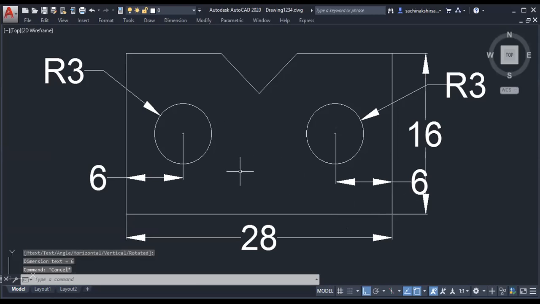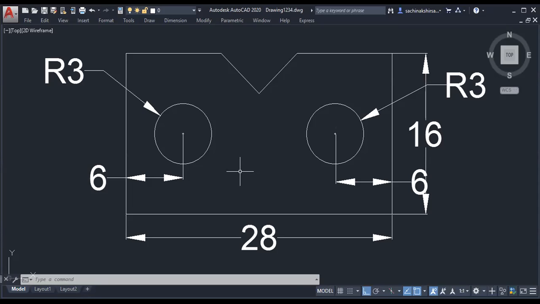Something like this, many more dimensions you can do. Are you observing? So likewise you can complete any drawing. How many toolbars are used while completing this particular 2D drawing? Firstly, what did we do? Rectangle. No, before that, how many toolbars have we used? एखादं ड्रॉइंग काढायचं असेल, what I have told initially. Initially काय सांगितलं होतं मी? To draw any 2D drawing, how many toolbars are required? 3. Which are they?